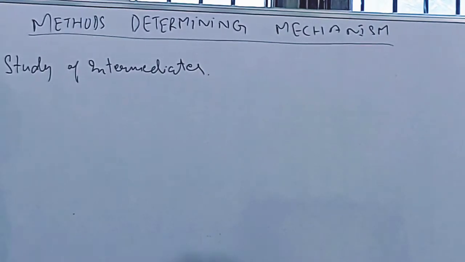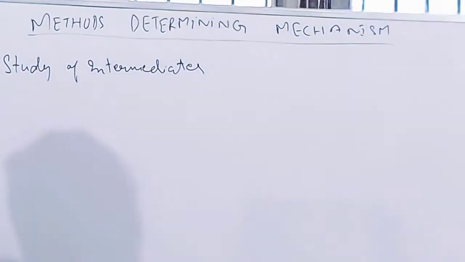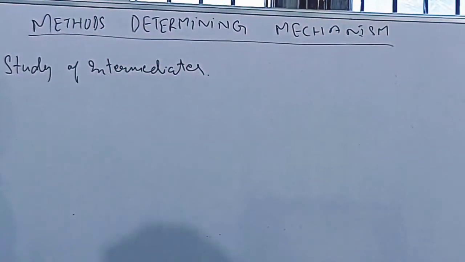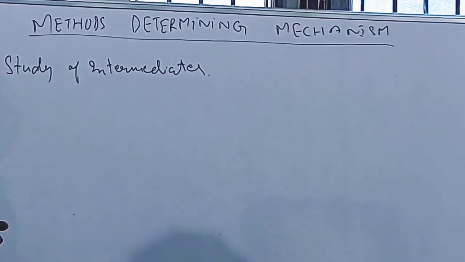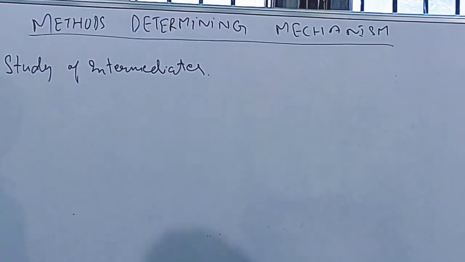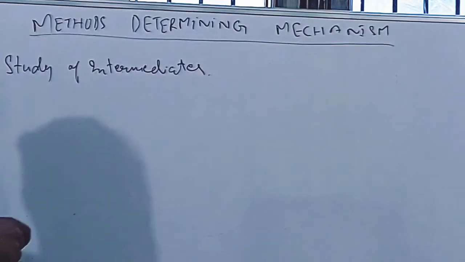Our next method for determining mechanism is study of intermediates. So in the product, we can find whether there is an intermediate formed or not. Because if there is an intermediate, we can guess the mechanism of the reaction. Intermediates can be many. It can be a carbocation, carbanion, free radical, or carbene. So these are